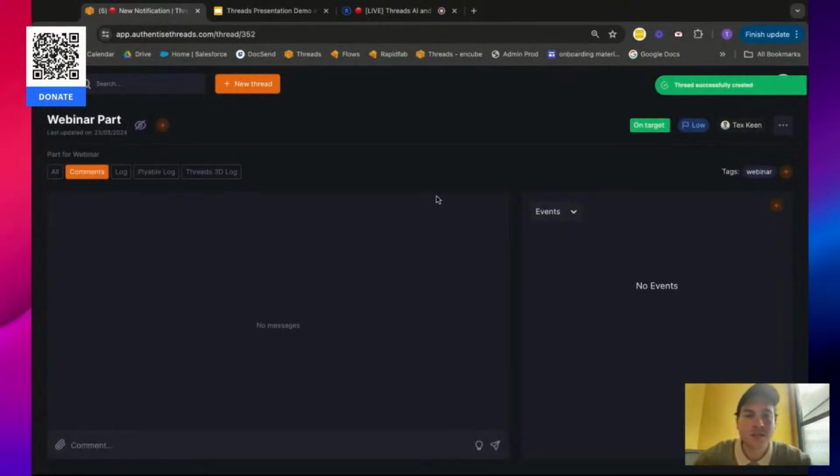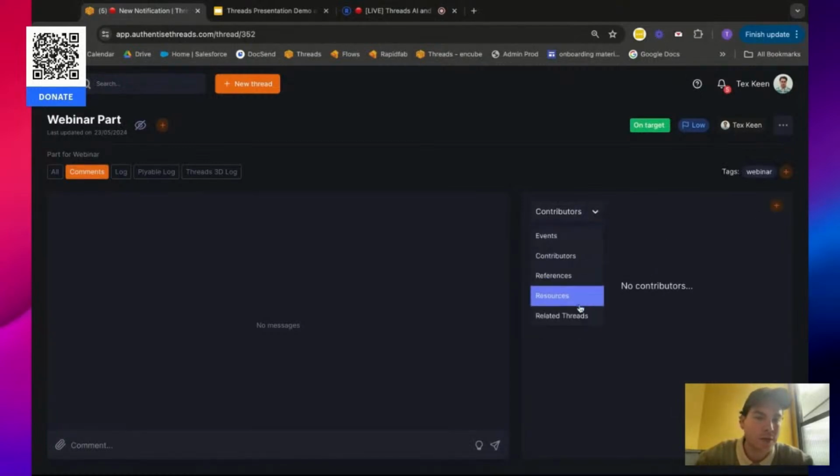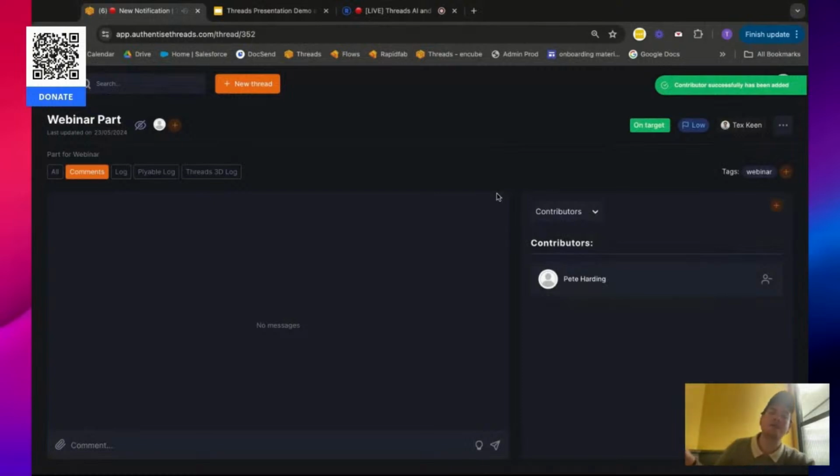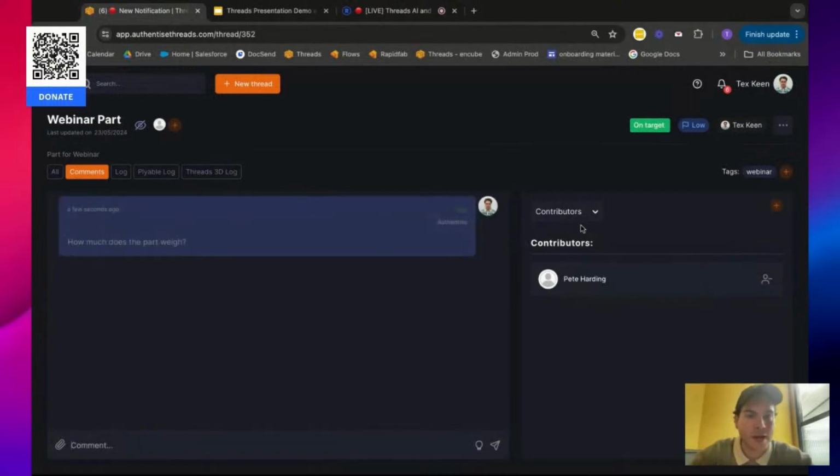Cool. So here's your thread. The first thing that you'd probably want to do when you create a new thread is add a contributor. So you'll see this drop-down panel here allows you to scroll between different features. This is where the contributors are. Just go ahead and add a colleague. Let's go with Pete. That will go ahead and ping Pete and bring him into this thread. And the first thing you want to do is maybe write a comment. So keeping it as simple as possible, saying, how much does the part weigh? And I should probably, in this scenario, let's say we're talking about the design of a part that we've been